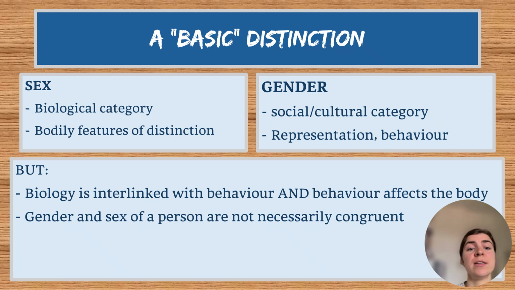Important is also that gender and sex of a person are not necessarily congruent. A person who has been assigned the male sex at birth does not necessarily behave in the masculine gender role. It can very well be that this person at some point in life realizes, gender-wise, "I actually don't feel like I should use the gender that is associated with the male sex, but should rather go in another direction." Then this person would not be sex-gender congruent, but somewhat different. And then, of course, the whole categories would be less clear-cut and more differentiated and nuanced.